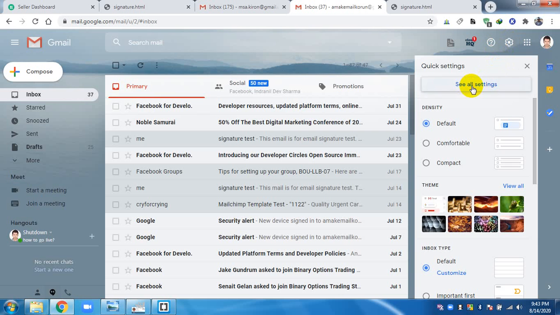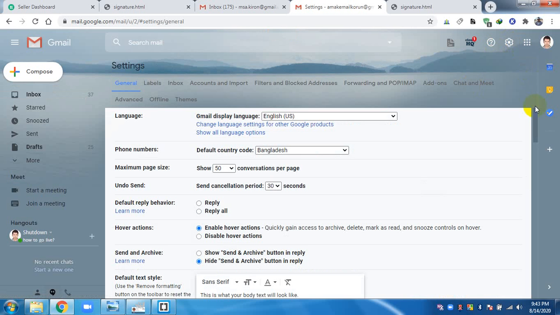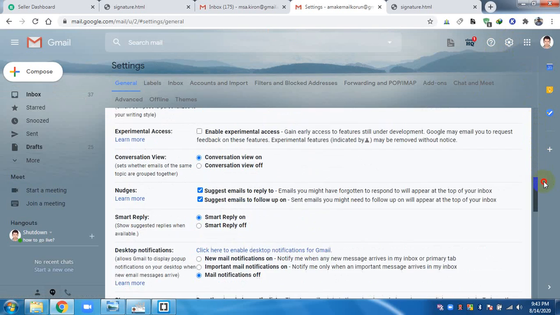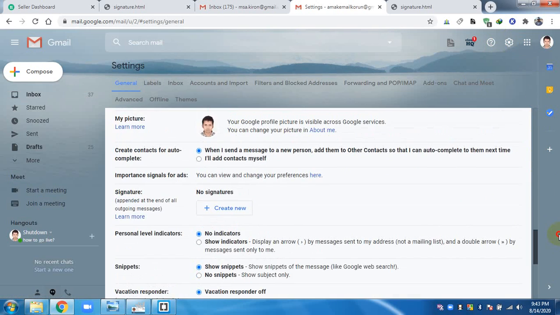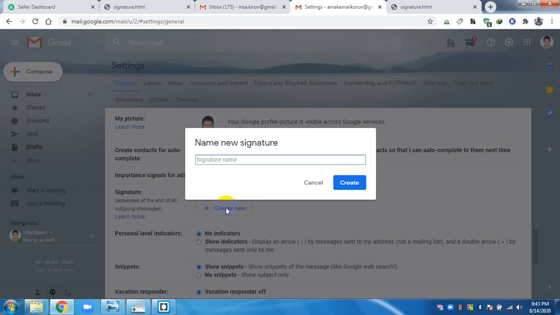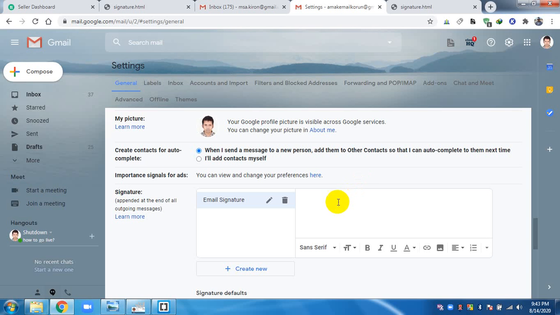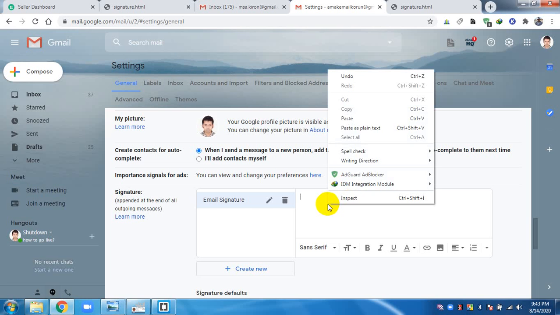I'm going to All Settings first, because for Gmail the signature is in All Settings. For the first time, there is no signature here. So I have to create a signature. I'm clicking here, Create a signature. So I write its name, email signature. Then I will paste it here, all of the things,